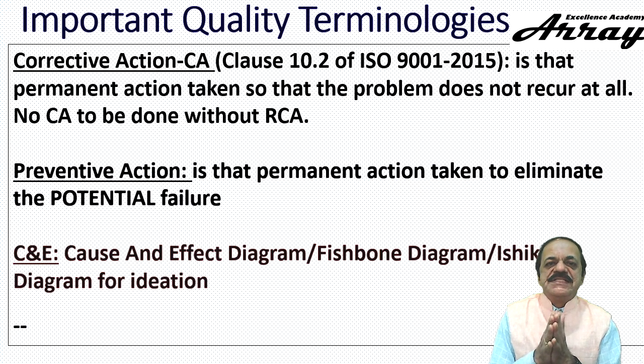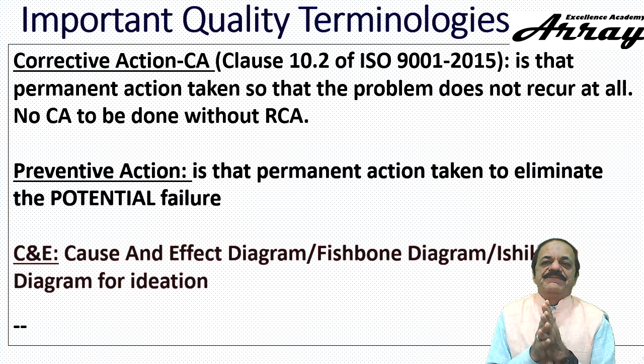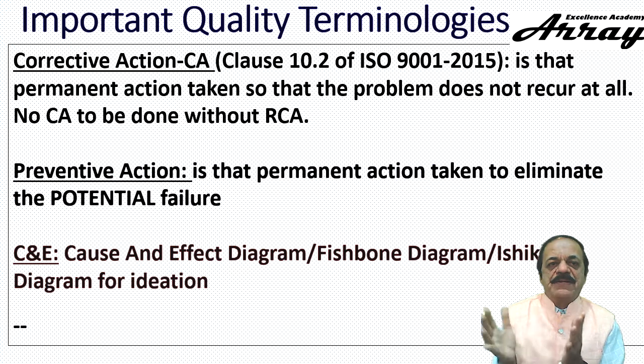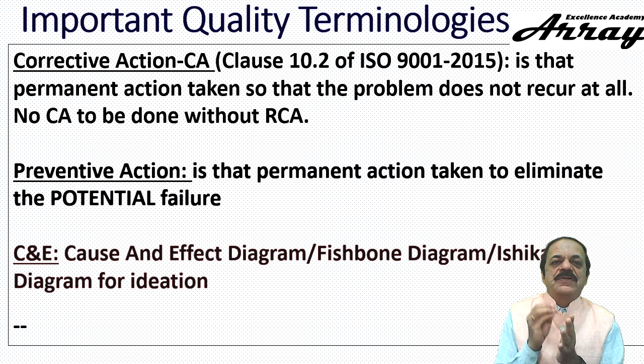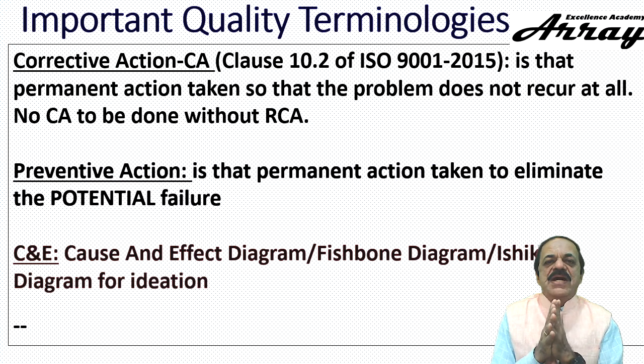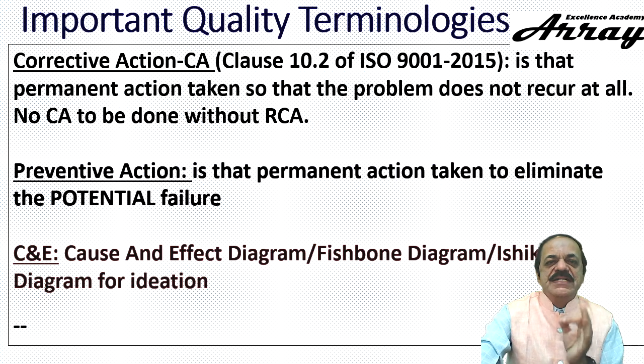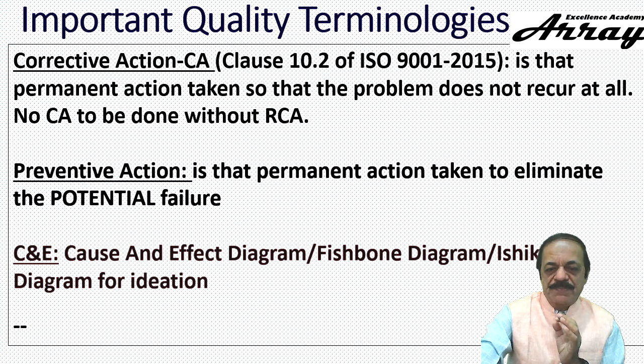Please remember, this is the best tool for focused thinking and idea generation. You will come out with many more causes in a team when you use a cause and effect diagram, and those causes, once you have an exhaustive list or representation in the cause and effect of say 36 to 40 causes for a particular problem, it is easy for you to handle with the root cause and then do the permanent improvement. Even after nearly 1 century, nobody is able to challenge this tool and its power to generate ideas for identifying the causes for a particular problem.